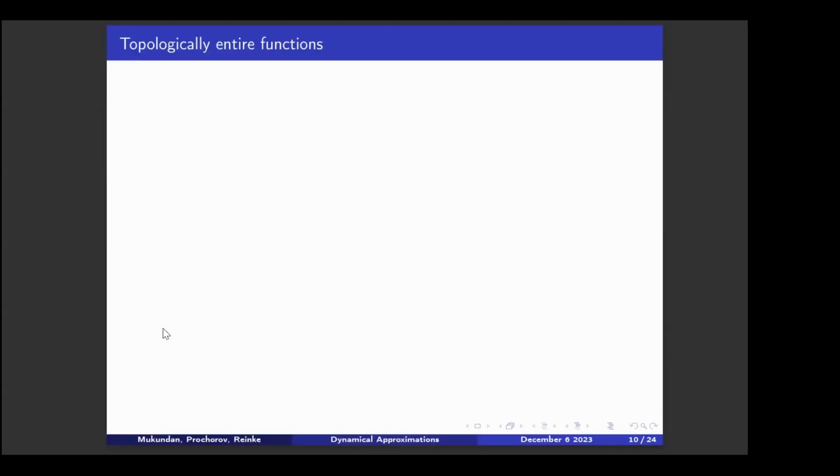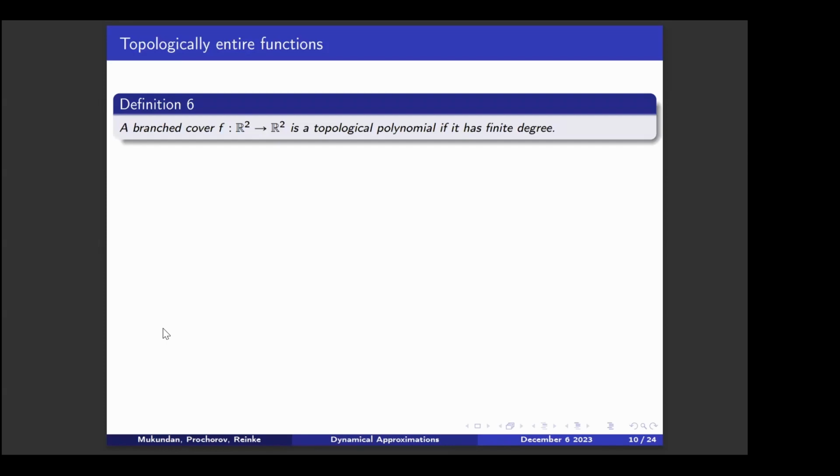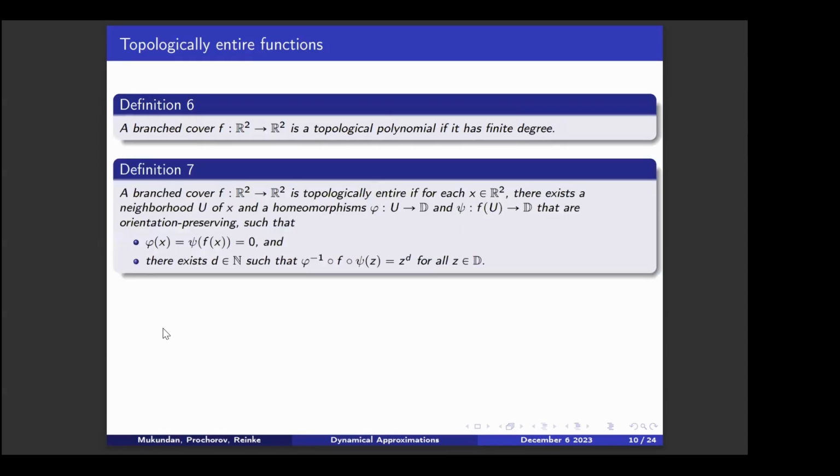From this point on, we're going to talk about how to go about proving the theorem. I said that we cannot work directly with PSF entire maps because it's not quite clear how to even write down formulas for them or how to find them. So we're going to work with topological maps from now on. What is the structure for a topological map that you need in order to make it as close to entire as possible? Here's the basic thing. If you have a branch cover that has finite degree, we'll call it a topological polynomial. We'll call a branch cover topologically entire